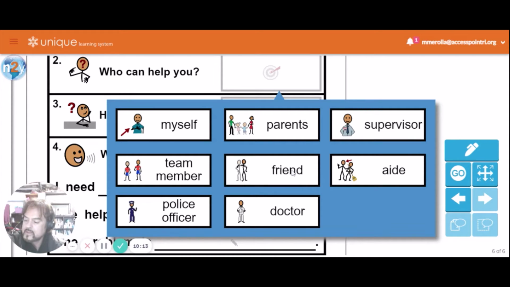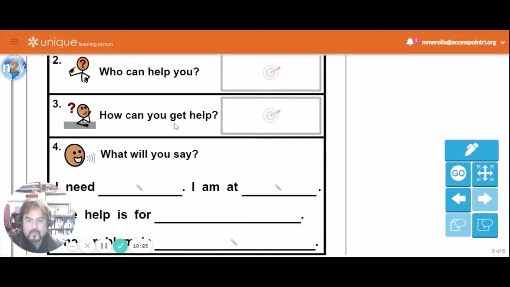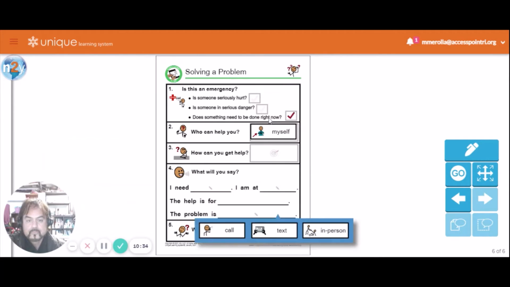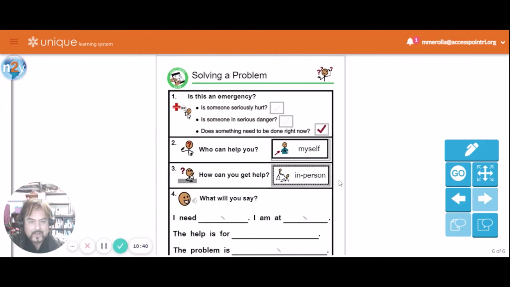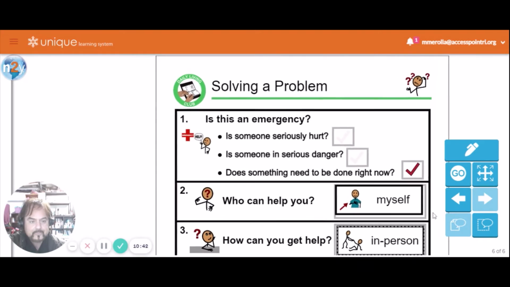So you haven't taken a shower, you don't look or smell good, and you haven't brushed your teeth. What you could do is help yourself. How can you get help? Well, you're basically just helping yourself, I guess.